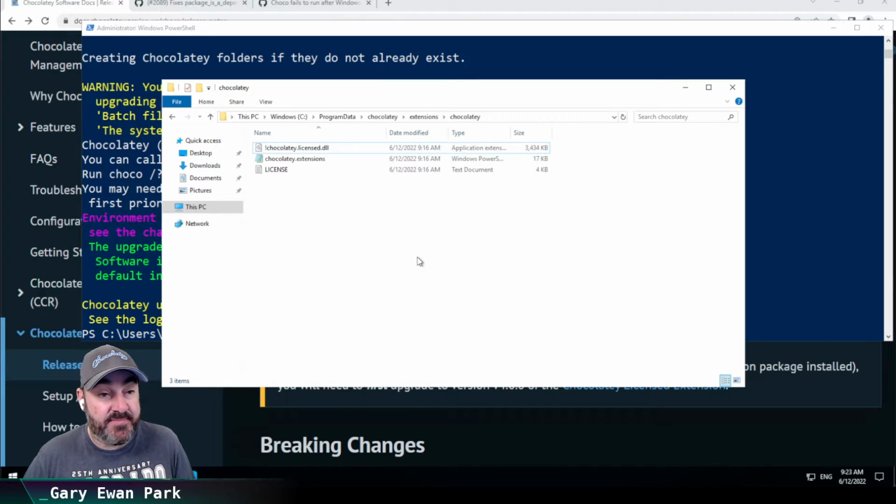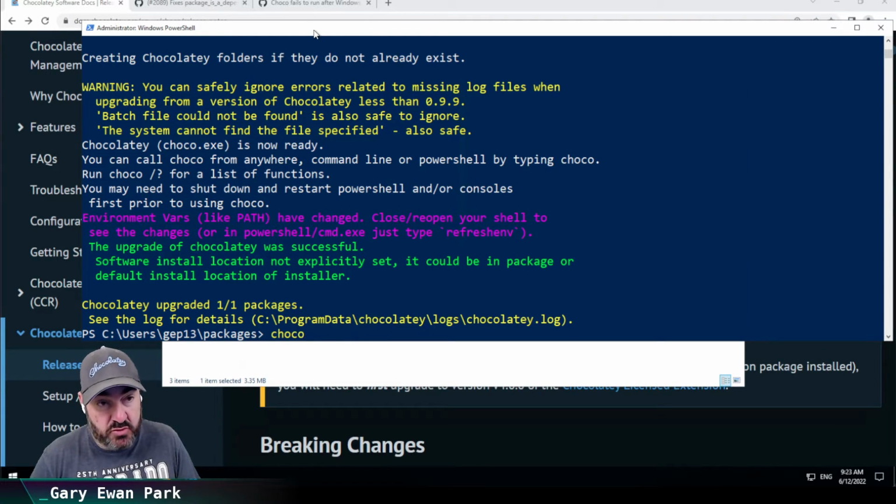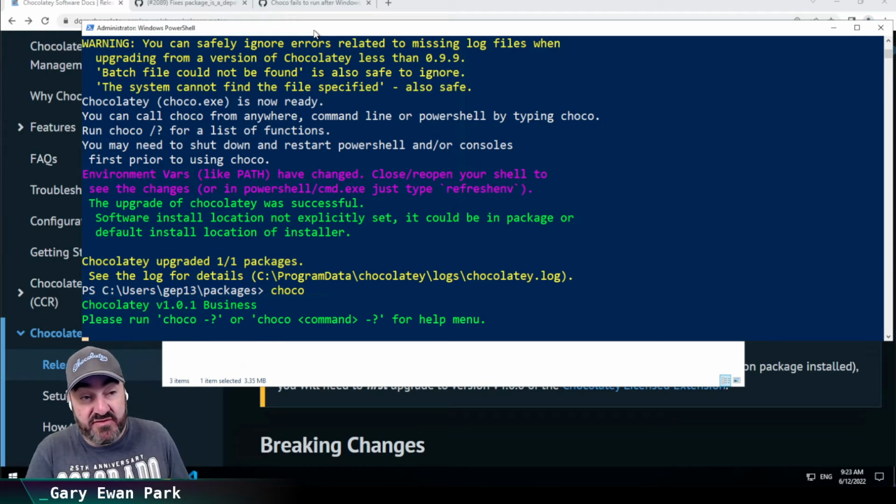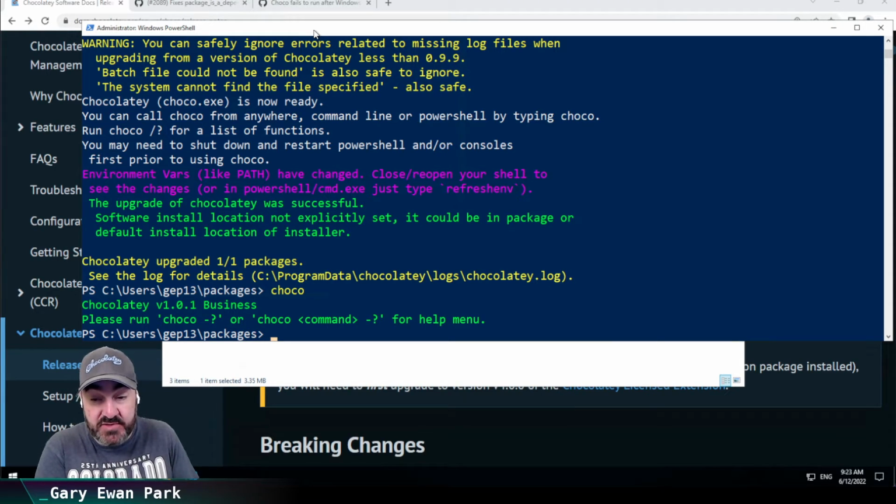So now that I've done that, if I go back and I rename this file, I'm going to rename it, I'm going to remove that exclamation mark. So now if I run Choco, where it was erroring before, it's no longer going to error. So we're in a situation now where older versions of the Chocolatey license extension will work with the newer version of Chocolatey. Now, we did that in this scenario to cover that update path, but in future versions of Chocolatey,